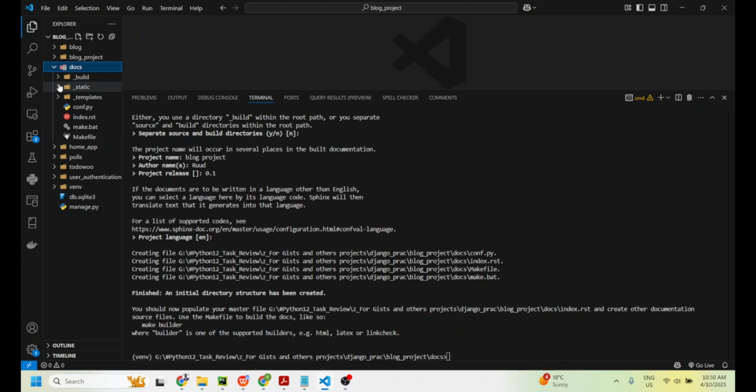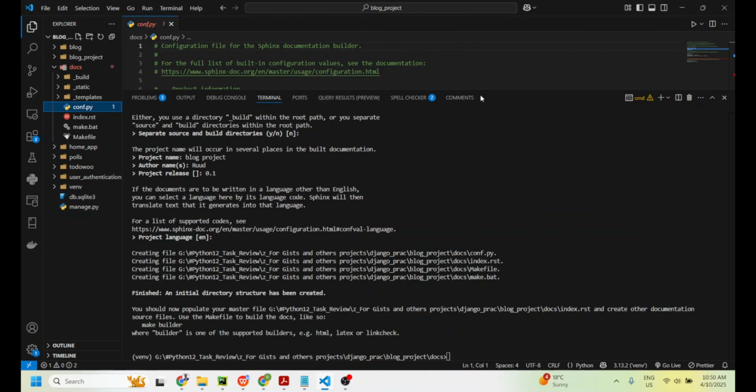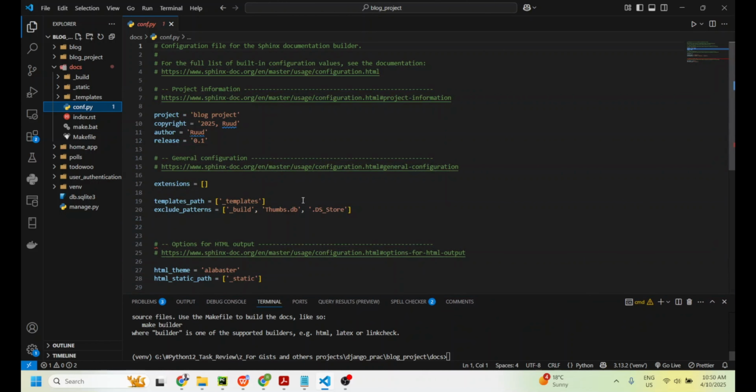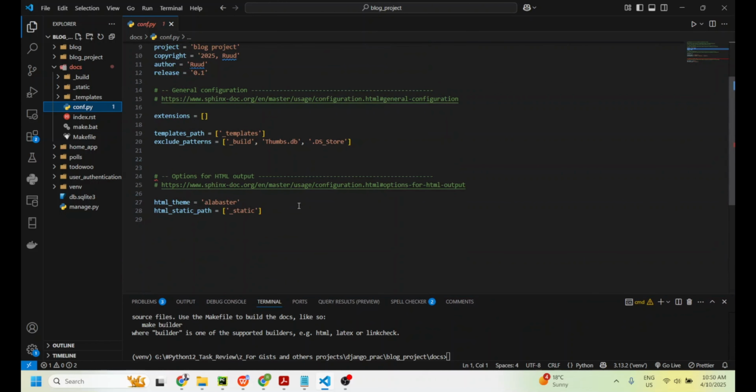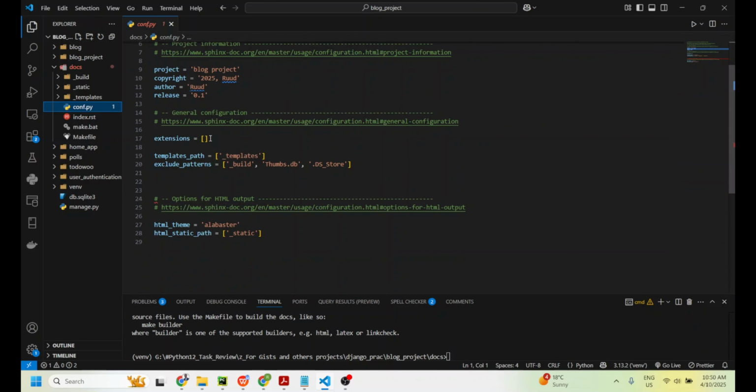by Sphinx for us. So now we need to modify our conf.py file. We need to add a few things in here. So the first thing that we will do is to specify rather the extensions that we want to be used in our documentation. So we're going to use